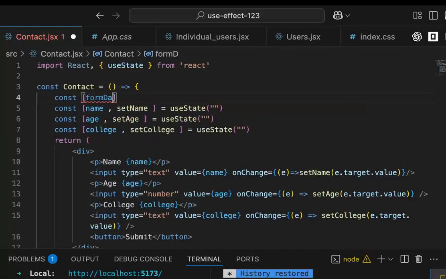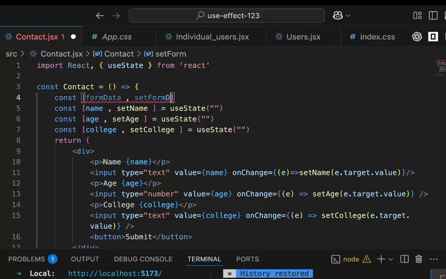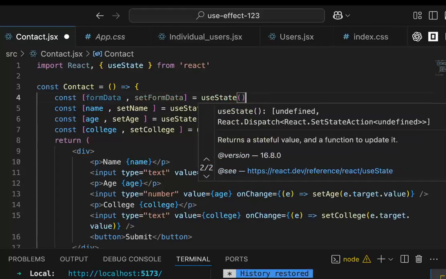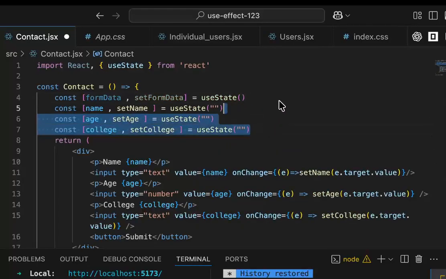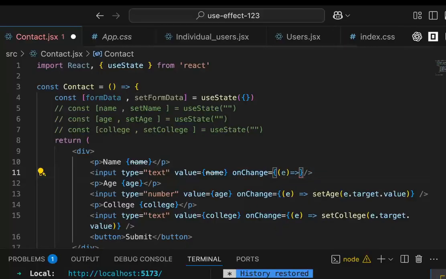Const form data, set form data. Okay, and we will not store individual values. This is how we usually do it. We'll store an object over here, and then whenever the on change triggers, we will do something like this: